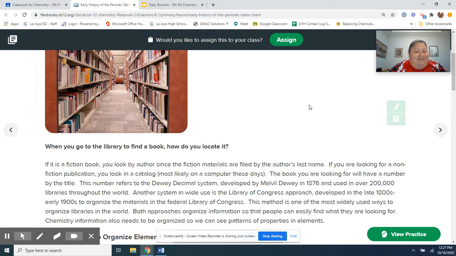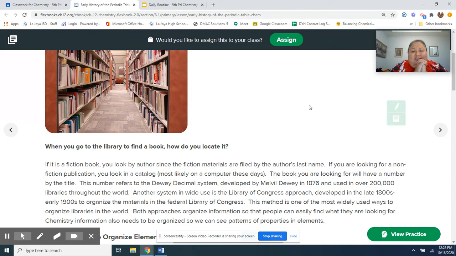It is a fiction book. You look by author. Since the fiction materials are filed by the author's last name, if you're looking for a nonfiction publication, you look in a catalog, most likely on a computer. These days, the book you're looking for will have a number by the title. The number refers to the Dewey Decimal System developed by Melville in 1876 and used in over 200,000